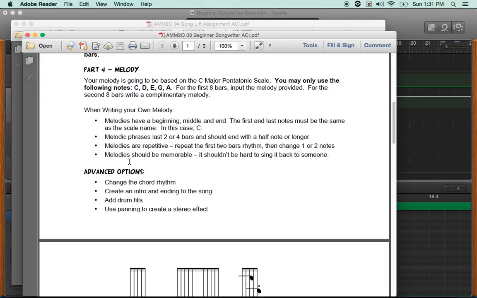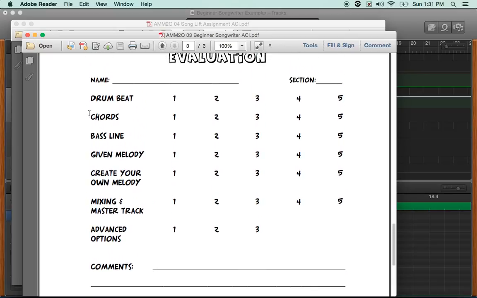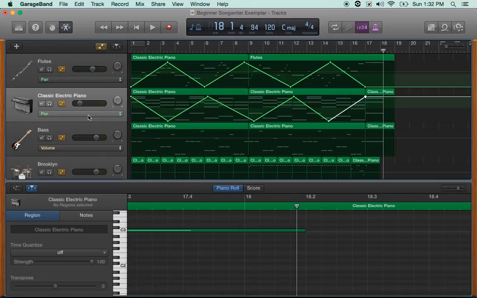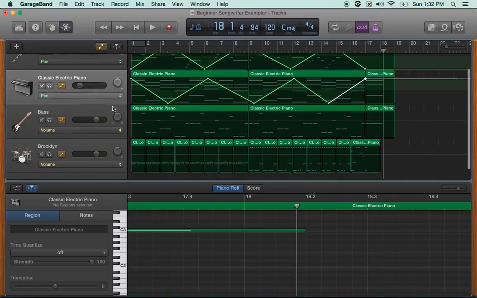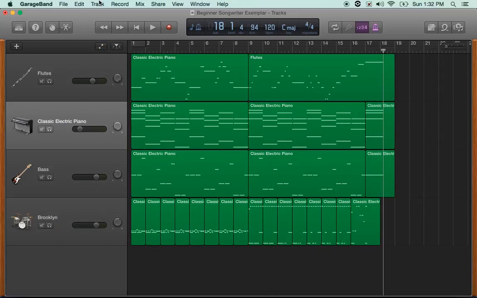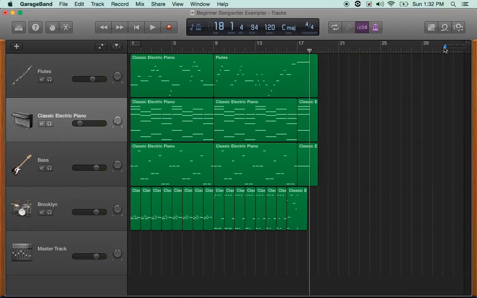And finally, the last thing is to change the master track. So in the marking here, we have your drum beat, your chords, your bass line. The given melody is the first 8 bars. The create your own melody is the second 8 bars. Mixing and master track. So just to show you how to get your master track to show, this is sort of an overall control for this whole song, and it controls everything that's being played here. I'm going to close this for a second, and I'm going to go to track and show master track. So there we go. And what I'm going to do with this master track is just make a few little changes to the whole song,